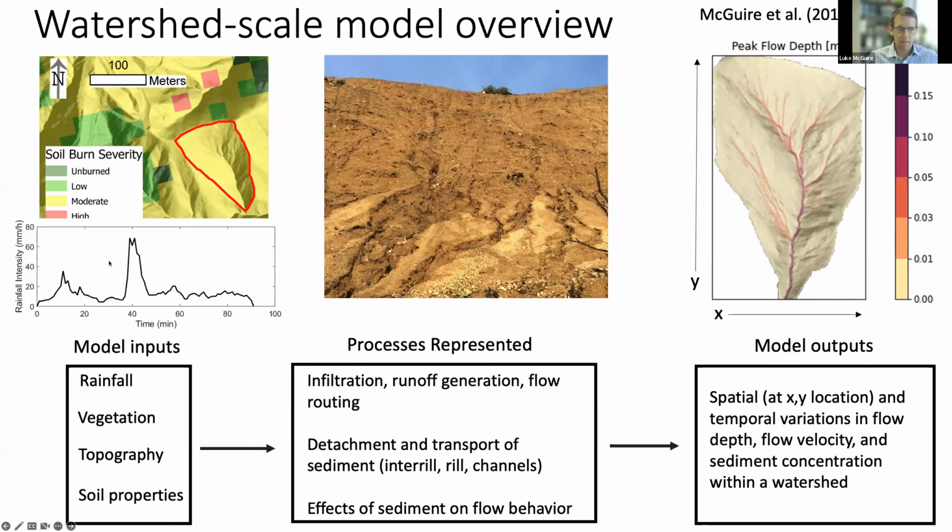The model inputs would be things like rainfall, and ideally a time series of rainfall intensity, a rainfall hydrograph like you see here on the left, some information about the severity of the fire, because that greatly affects ground cover and soil burn severity, which can be estimated using remotely sensed products, and then ground truth has a large impact on soil properties, including its erodibility and the soil hydraulic properties that control rainfall-runoff partitioning. So we need information about rainfall, burn severity, topography, and soil. And the outputs for this model are temporal variations in flow depth, flow velocity, and sediment concentration across whatever landscape we're modeling.